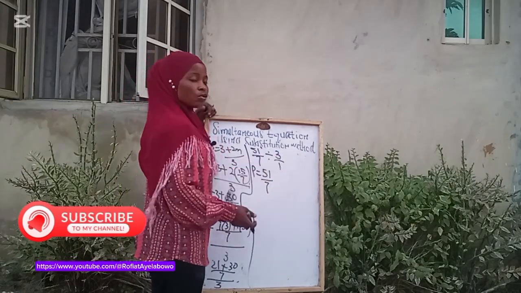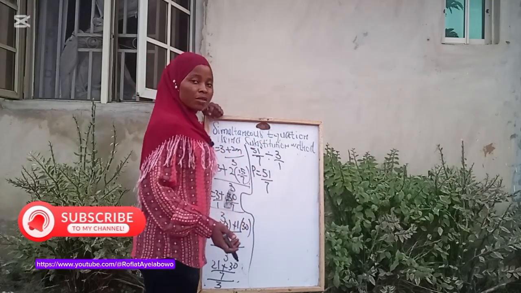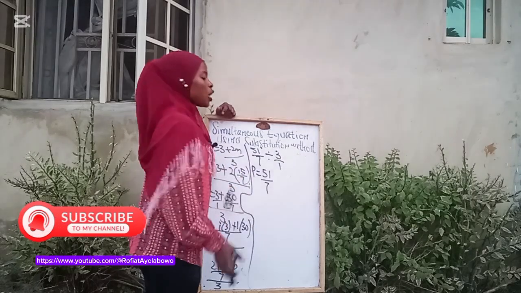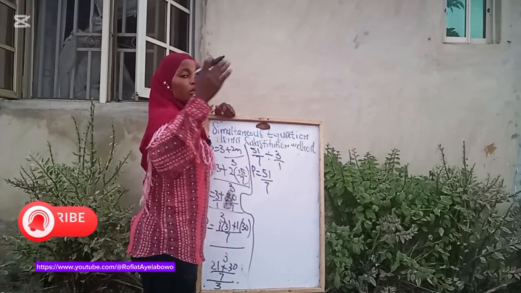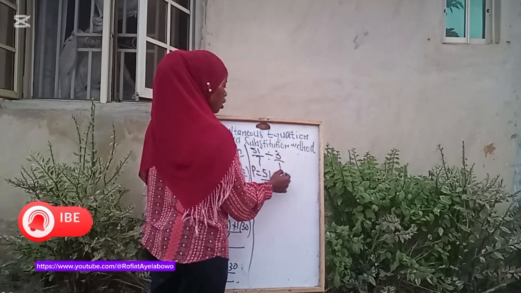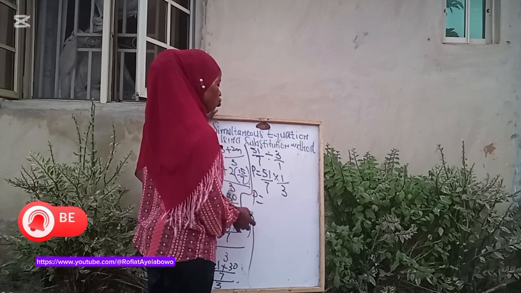You cannot do anything to this unless you change this division to multiplication. So if you change the division to multiplication, it means they will swap position. Numerator will go to denominator and denominator will come to numerator. So you have times 1 over 3. Here you have P is equal to